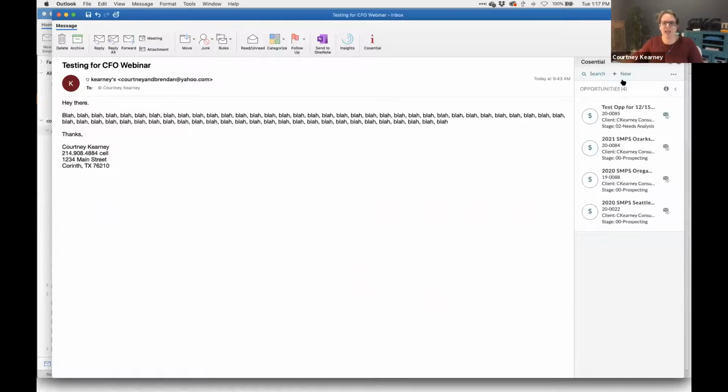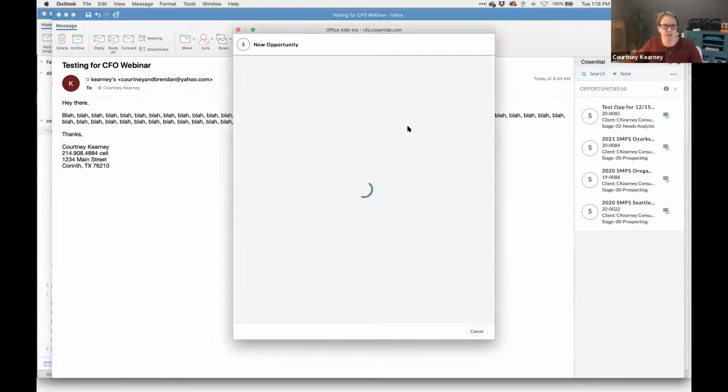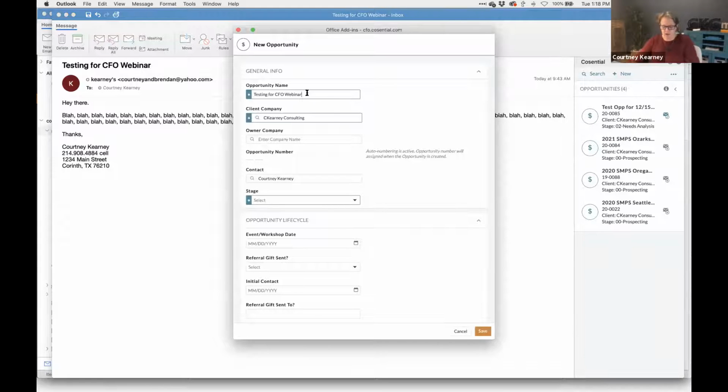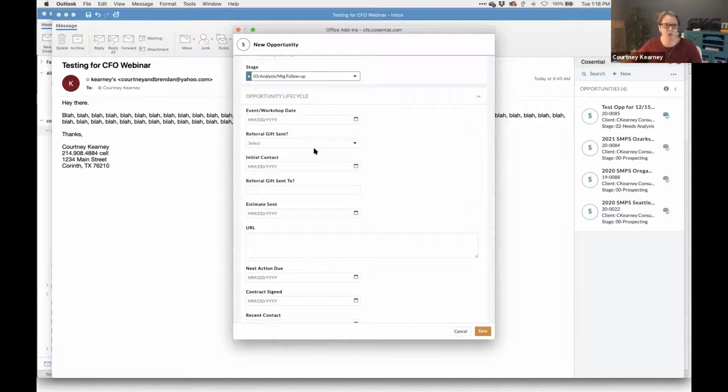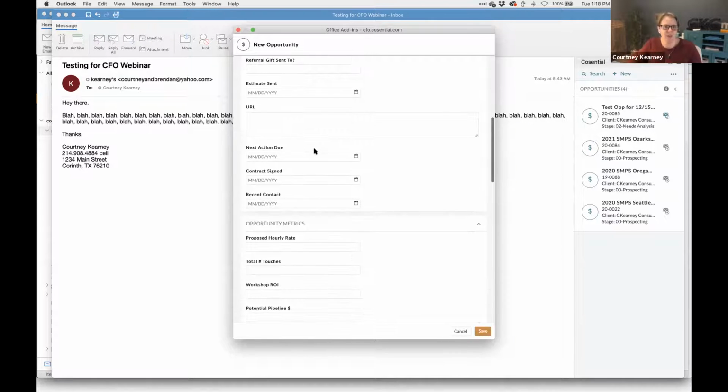If I go back and I don't see the opportunity, or maybe it's a brand new pursuit, this person emailed you some new intel and now you want to create an opportunity from that. You can do so by clicking the new plus sign, create the opportunity, and now you can fill out all the information as you go through it. Whatever's required in your system, the requirements will come through. So you can fill out the information,